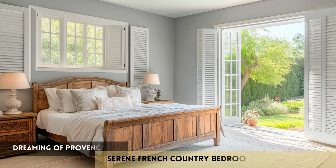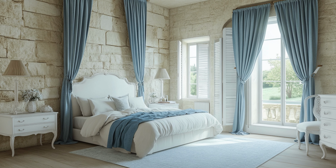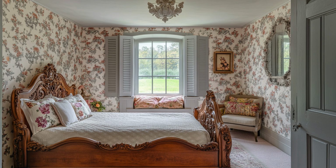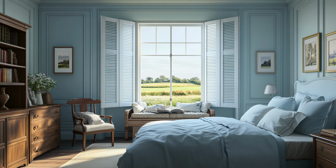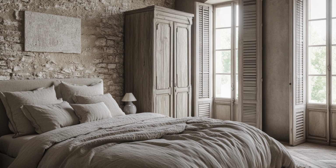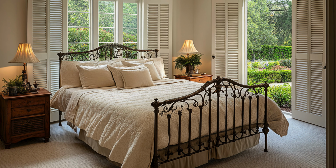Nothing says serenity like a French country bedroom. These cozy retreats combine soft, neutral tones with vintage furnishings to create a tranquil escape. Imagine waking up to the sunlight streaming through tall, shuttered windows, surrounded by floral prints and elegant wrought iron bed frames. Exposed wooden beams and delicate textures add a rustic touch, while pastel accents infuse the space with warmth and